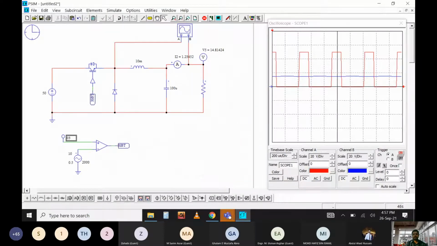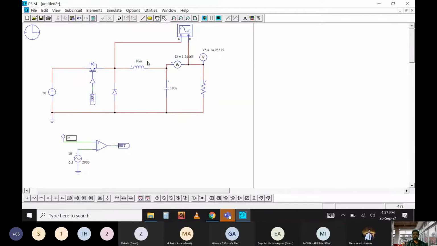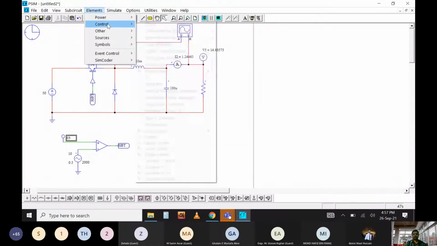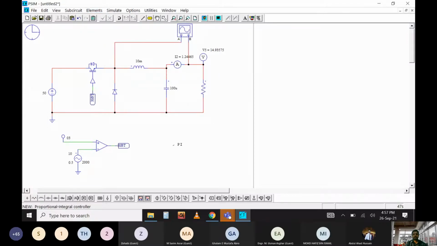You can also put some PI controller. PI controllers are available here. Put some feedback control system, like taking the voltage from here, going to the PI controller. Accordingly, this set reference value will be calculated. So you can keep this output voltage constant over a wide range of changes. Like you can change the supply voltage, you can change any element or the load of this circuit, but still keep the output voltage constant if you use this PI controller.